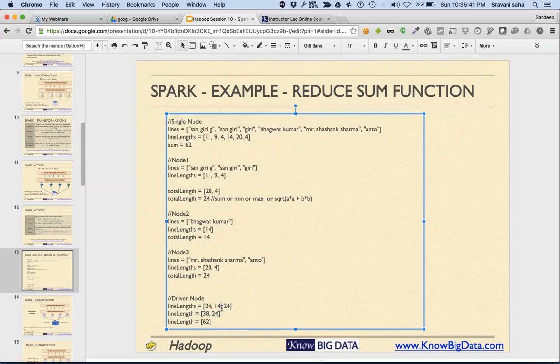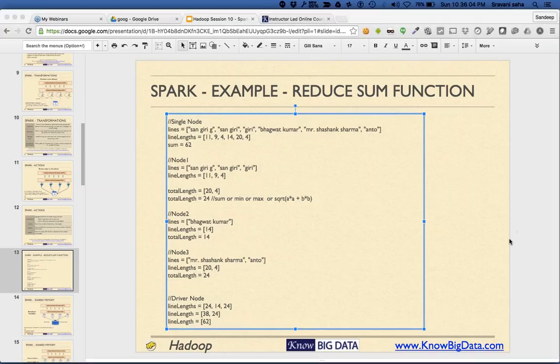These two values result in 38, and then 38 is summed up into 62. So this is how the distribution of the work happened. As much as possible, it tries to avoid doing calculation on the driver node. Most of the work is transferred to node 1, node 2, node 3 in parallel.